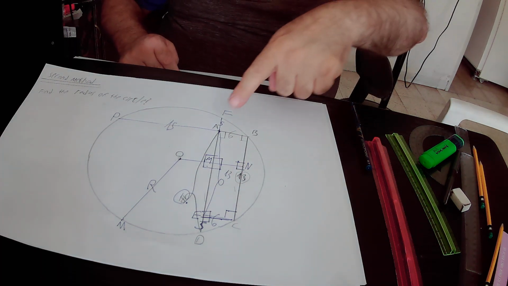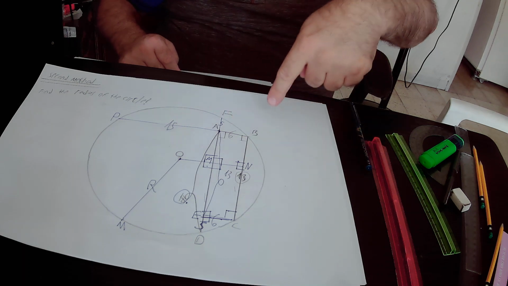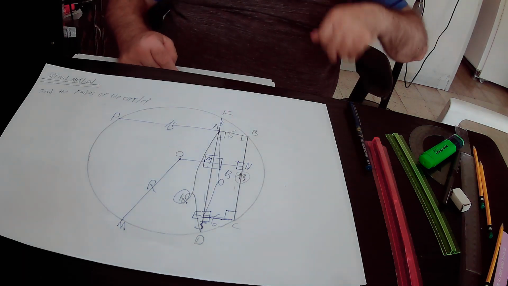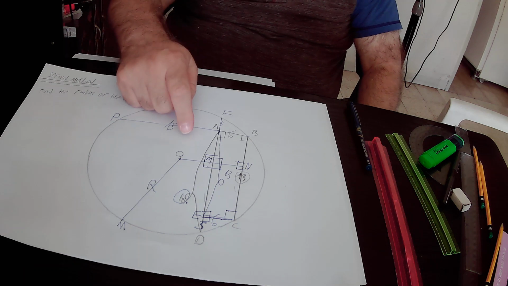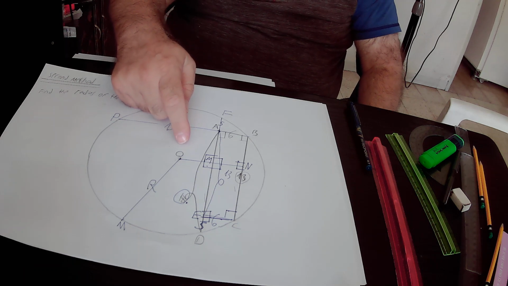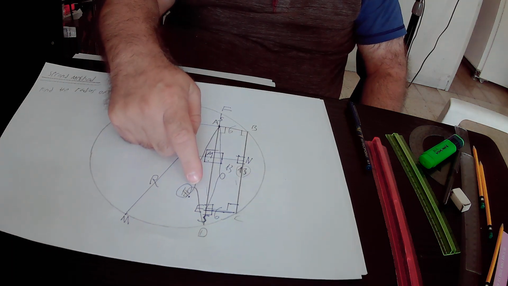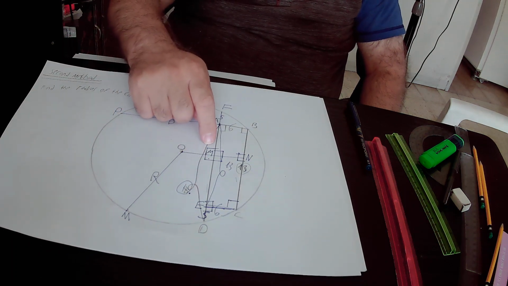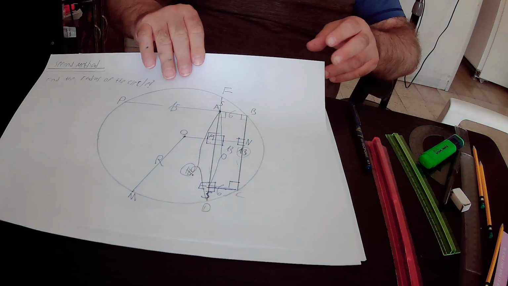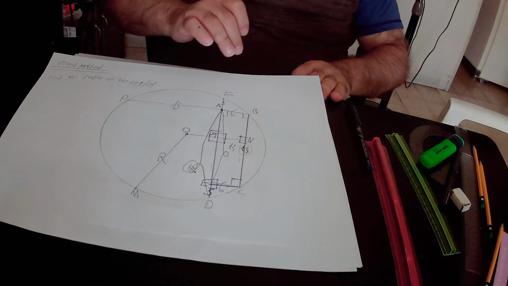We define the touching point of the perpendicular from point O and BC as capital N. And we define the touching point of the perpendicular from point O and